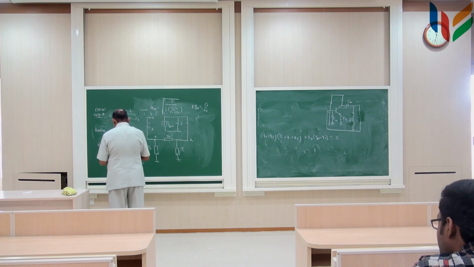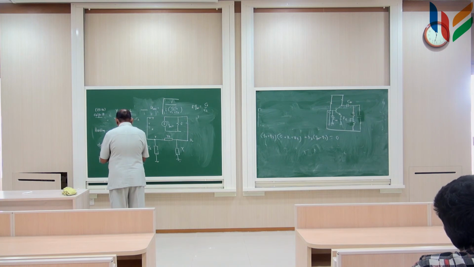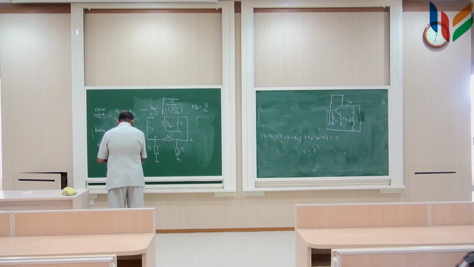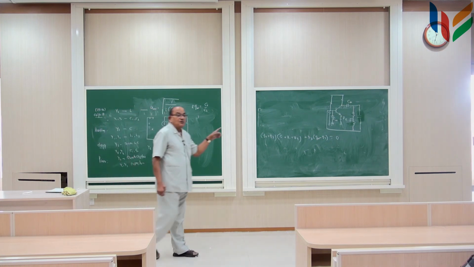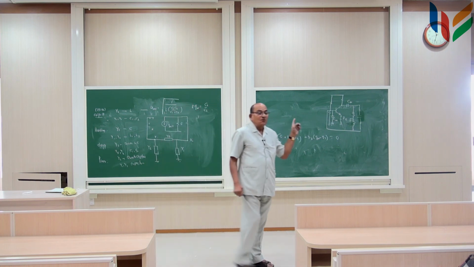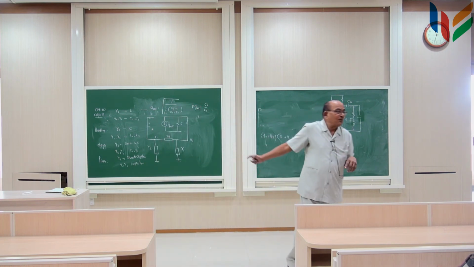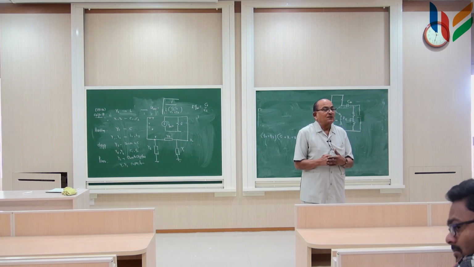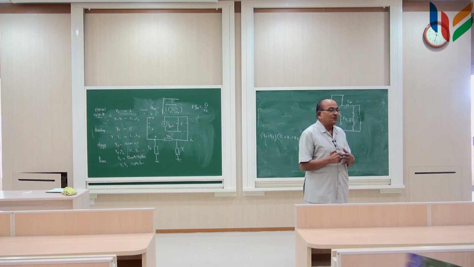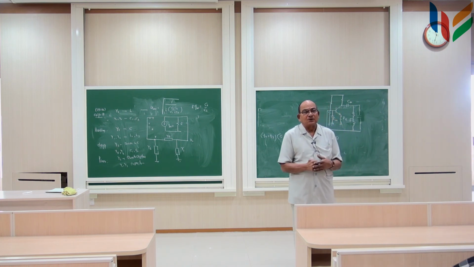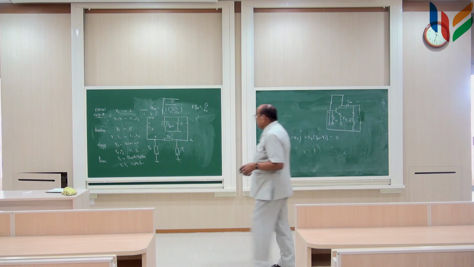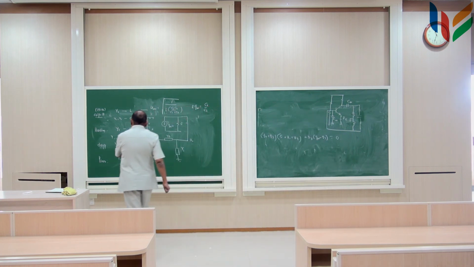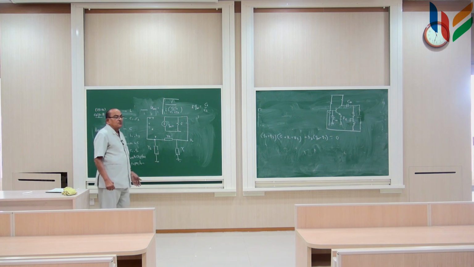Hartley. I do not have the result. I will give you this as a home assignment problem. You solve the Hartley the way we have done it for the Colpitts to find out the oscillation frequency and the condition for oscillation. Then we will say a few words about the Clapp and Pierce in the next class.